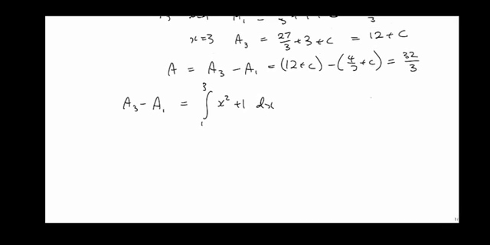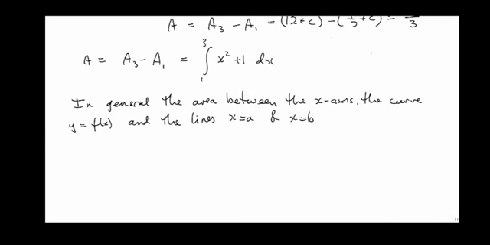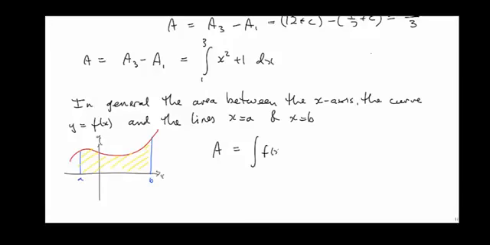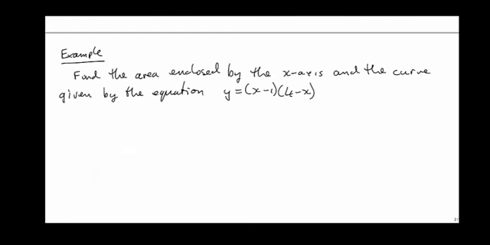And so we find that area is the definite integral between the two values. So in general, the area between the x-axis, the curve y equals f of x and the lines x equals a and x equals b is given by the integral of f of x dx between the limits of a and b. So for example, find the area enclosed by the x-axis and the curve given by the equation